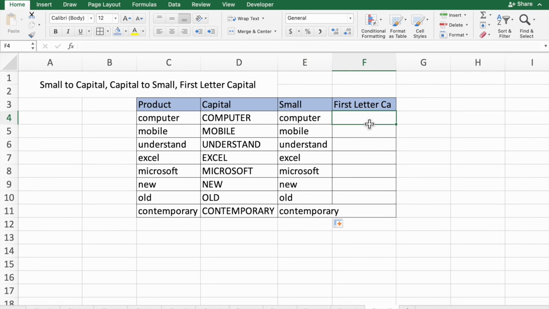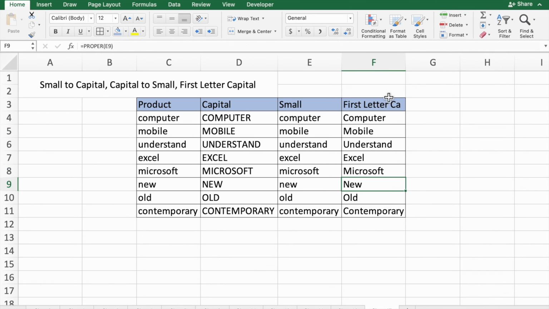Okay, now for the first letter capital, what you have to do, equals to, then choose it, equals to, then proper. Okay, proper, then close. Now we will drag it to the bottom. Okay, so like this you can see you can